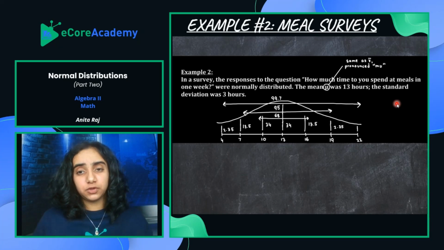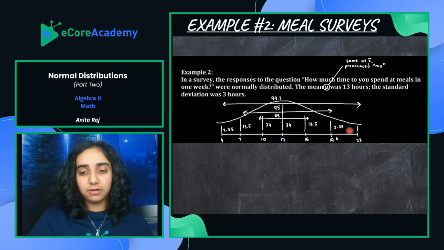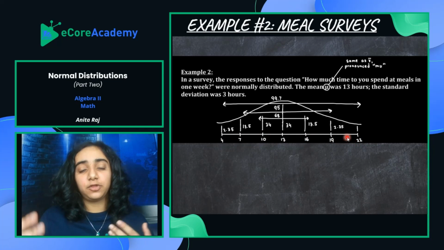We're also told the mean was 13 hours, standard deviation was 3 hours. So what that means is we're going to draw a line plot like here. 13 is going to go in the middle because it's the mean. Then we're going to find the standard deviations. We add 3 to get one standard deviation above, 16, and subtract 3 to get 10, one standard deviation below. Then we'll add 3 to 16 again to get the second standard deviation, which is 19. We'll subtract 3 from 10 to get 7, the second standard deviation below the mean, and then subtract 3 again to get 4, and add 3 to 19 to get 22, to find the third standard